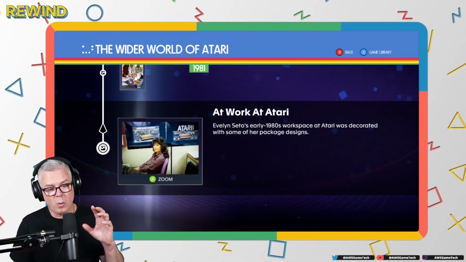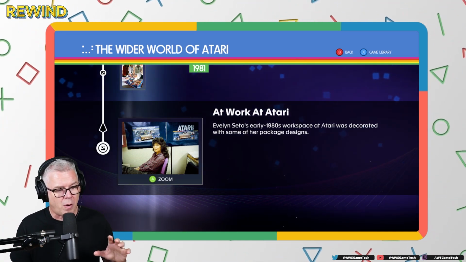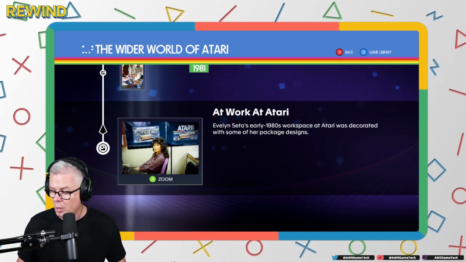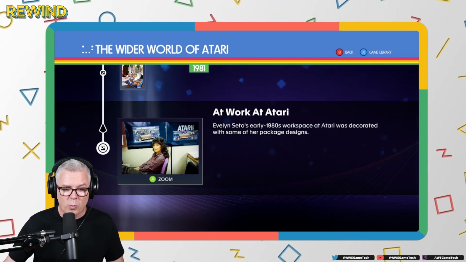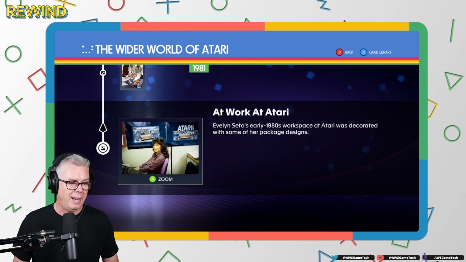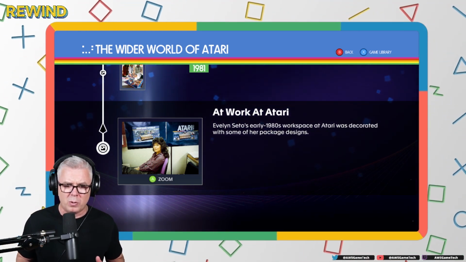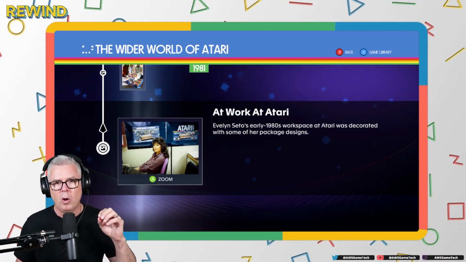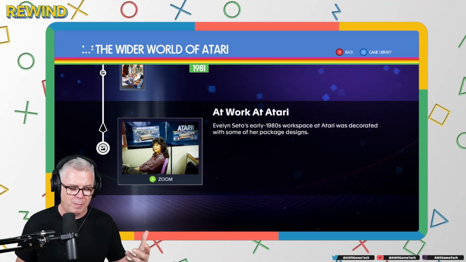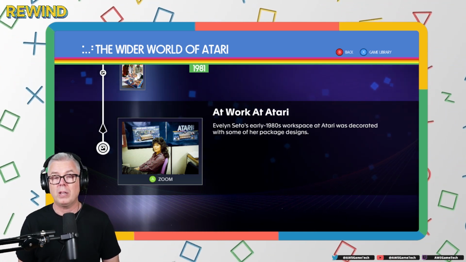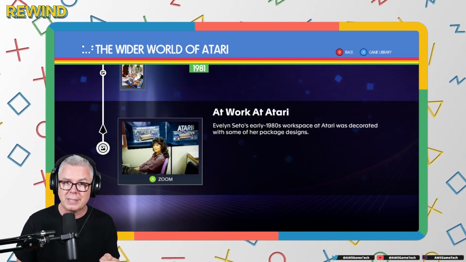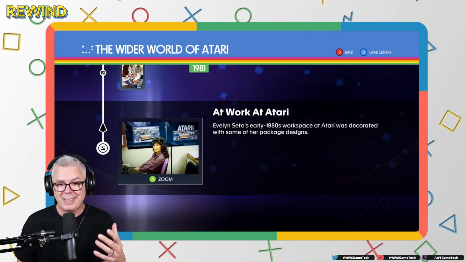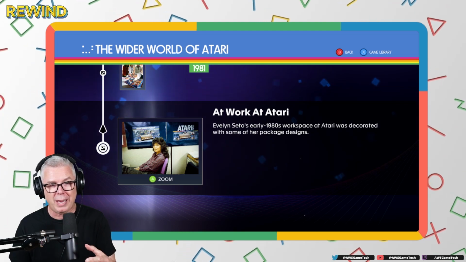Now, if you are interested in the history of Atari and really want to see the artwork, make sure you go and check out The Art of Atari by Tim Lapatino. We had Tim on Rewind before, and he is an incredible artist and historian as well. The book is absolutely incredible, with all these beautiful watercolor paintings of the Atari manuals and boxes and everything else. Really, really extraordinary. And he tells the story of the artists who worked to create those materials that surrounded these, let's face it, in some cases, very anemic, shallow games.